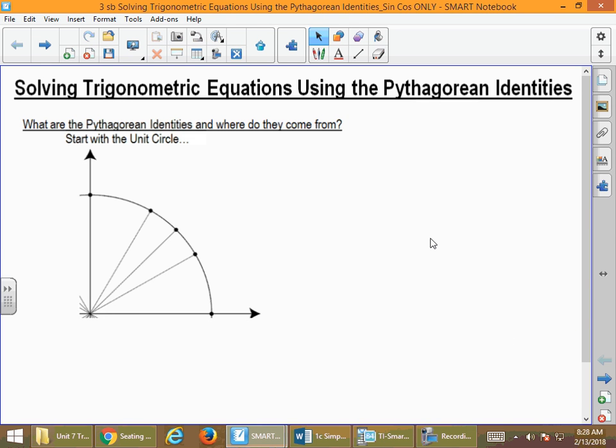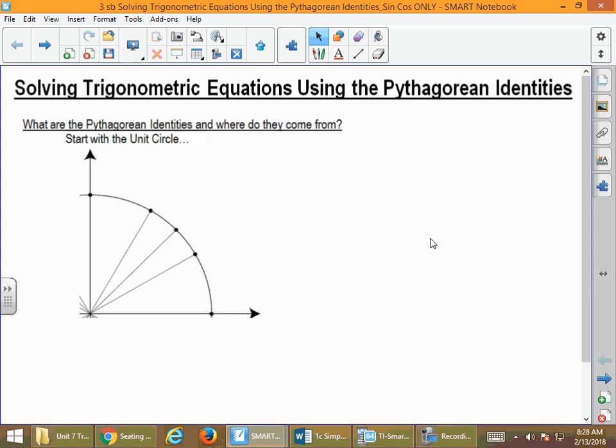Let's talk about solving trigonometric equations using Pythagorean identities today. And we're really going to focus in on one Pythagorean identity. And first of all, when we look at this very familiar picture,